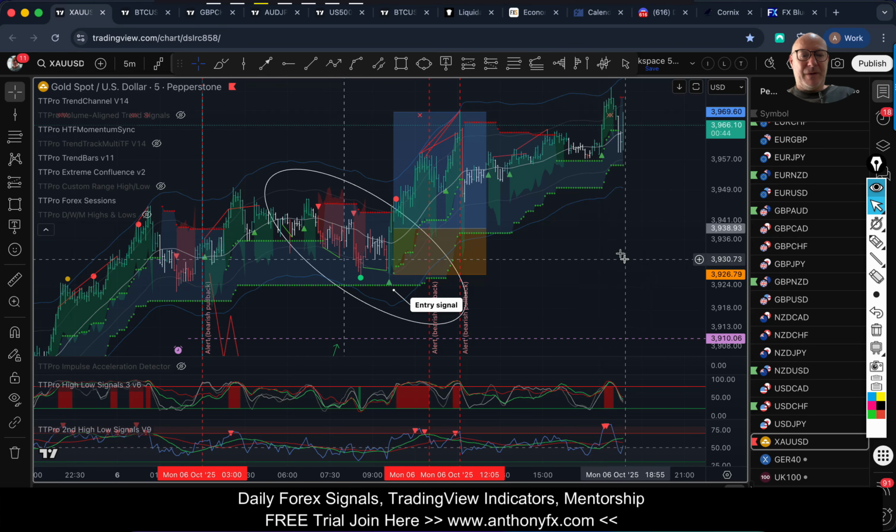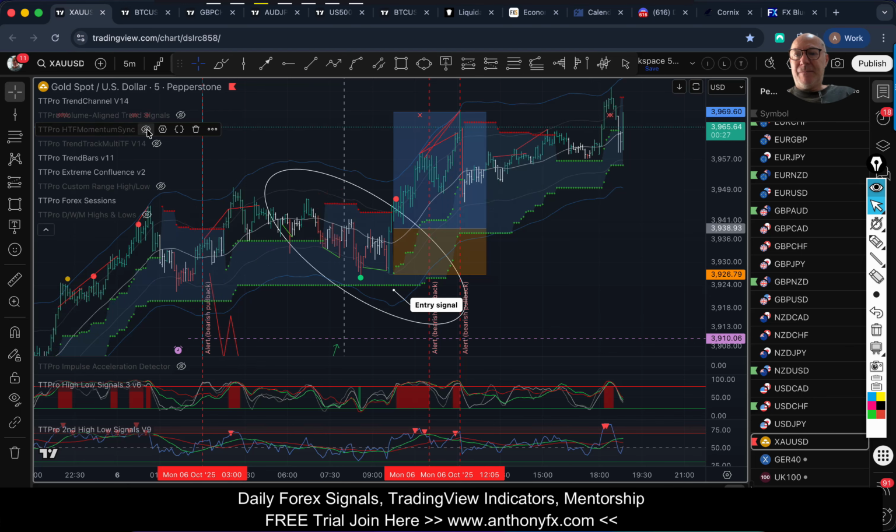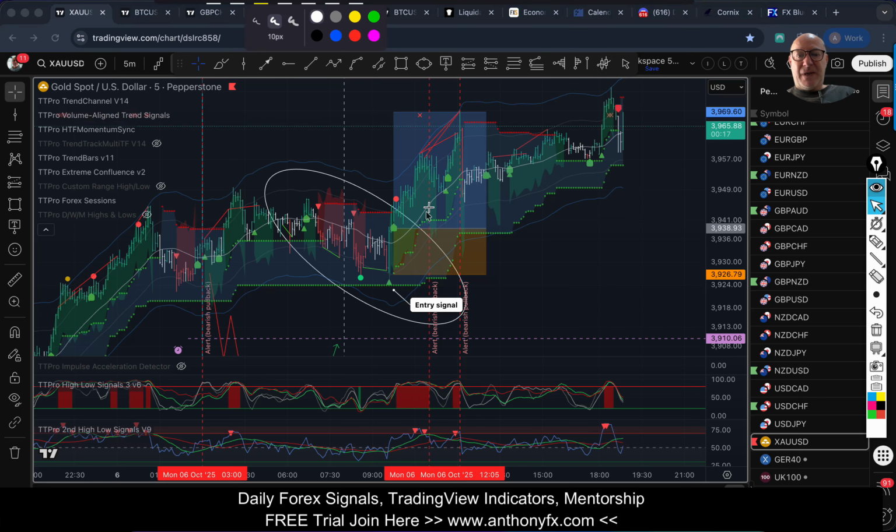So what you do is you come in when I set up the idea in Discord, come straight in here, and now we're going to have a look at the settings. You're going to go for the momentum sync. That's the main signal you want. If you want confirmation, you can use this one as well and wait for both of these signals. So your entry would have been on that signal with this one here firing first. So there's 2 signals to give you confirmation. If this doesn't fire, there's no trade. And then once you enter this trade, the stop loss will go on the momentum sync shade.